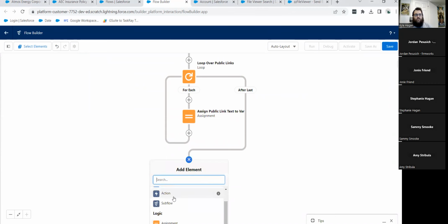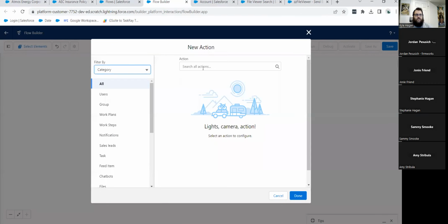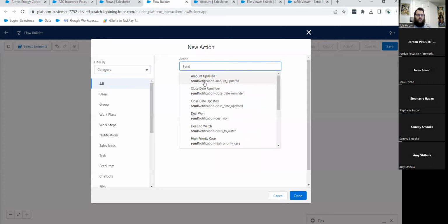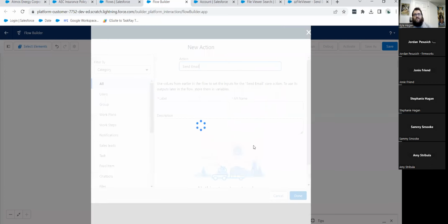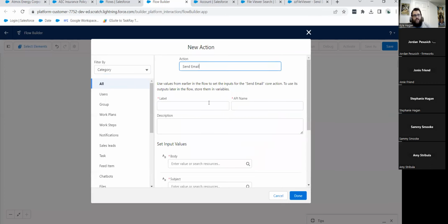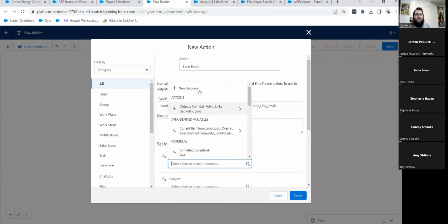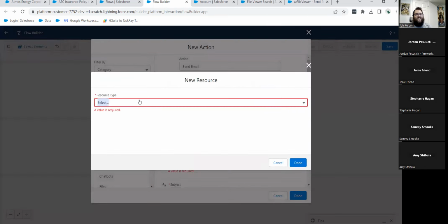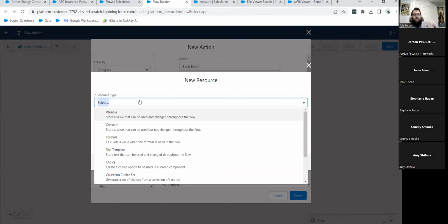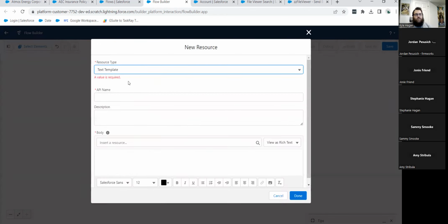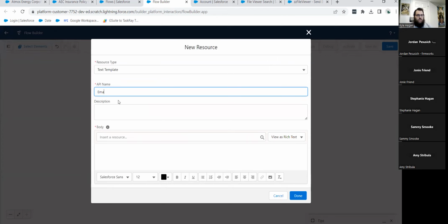And then finally, the last part is just sending the email. So we're going to use another action here, and this is just going to be a standard Salesforce action called send email. You can send emails however you like in a flow, but this is how we're doing it for the sake of the demo. All right, and then our body is going to be a new resource, and this is going to be our whole email. So we're going to use a text template here. We're going to call it email template,